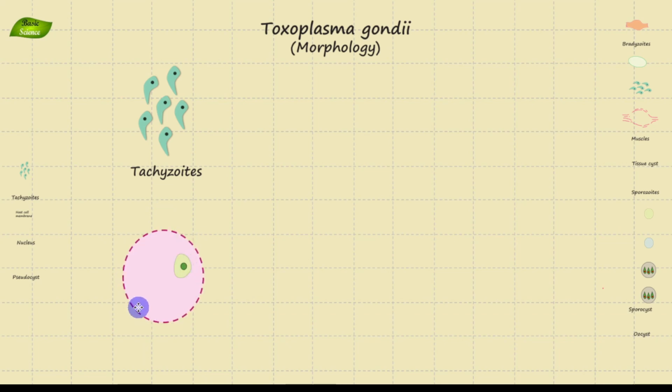In this case, it will have all the morphological features of the cyst, but it will not be a cyst. So it will look like a cyst. It's not a cyst because in this case, what is happening, those tachyzoites are rapidly dividing and they are also lysing the cell. So you will have cysts, you will also see pseudocysts, which will basically look like cysts, but they are not actually cysts, right? So moving on to the pseudocyst,